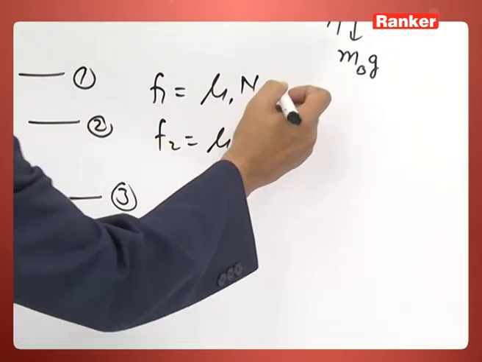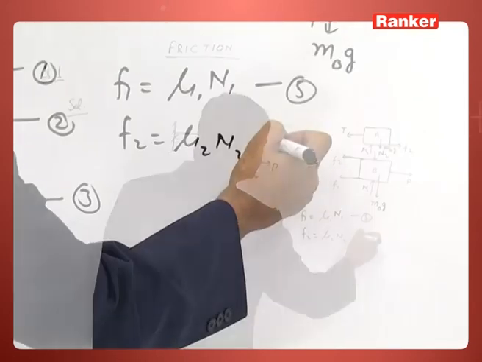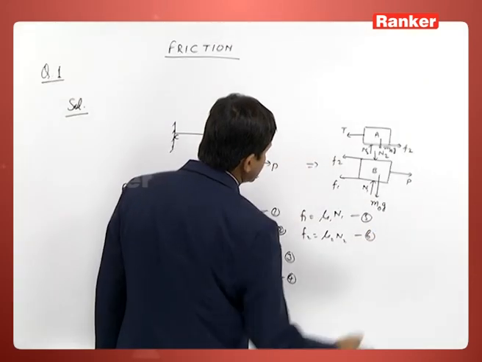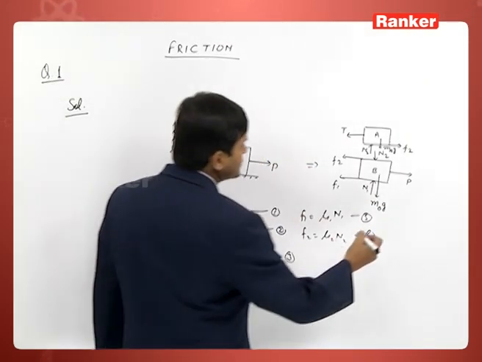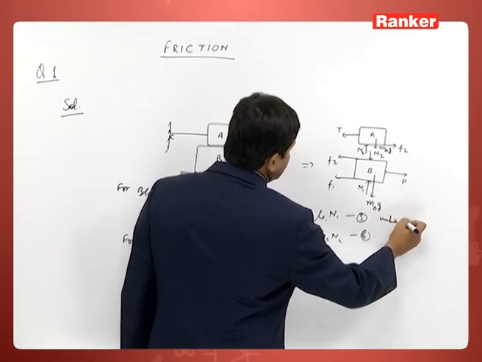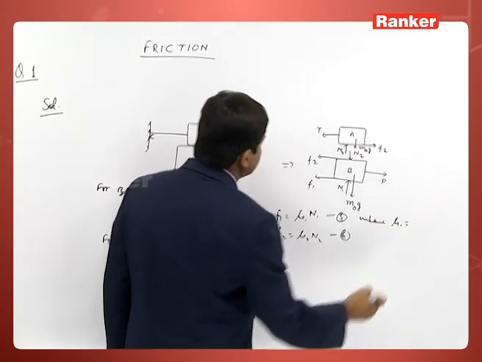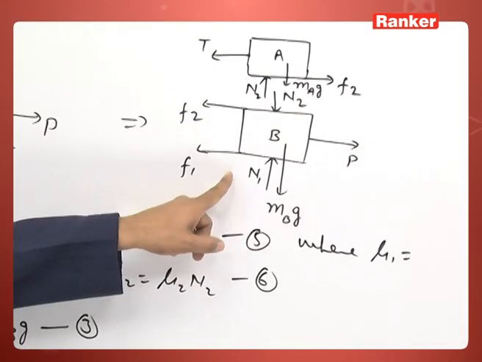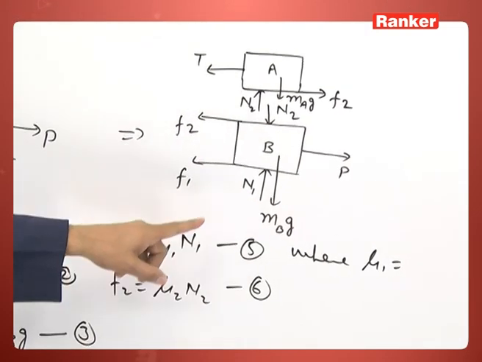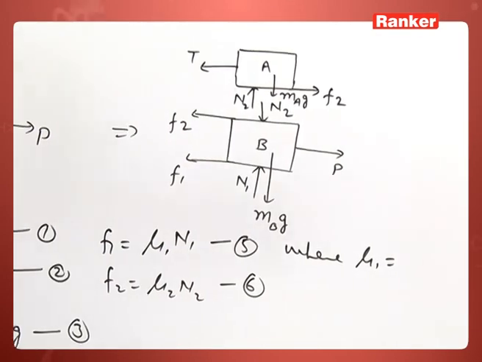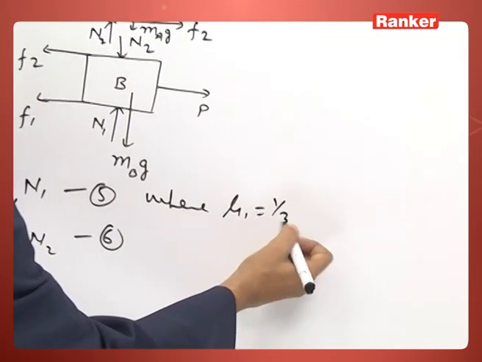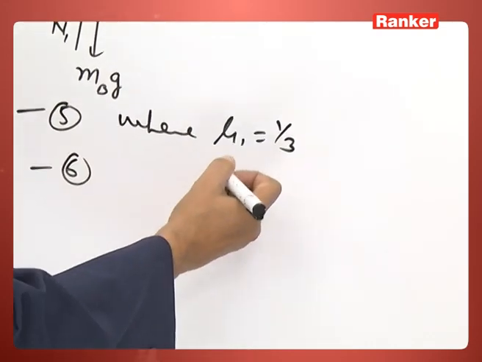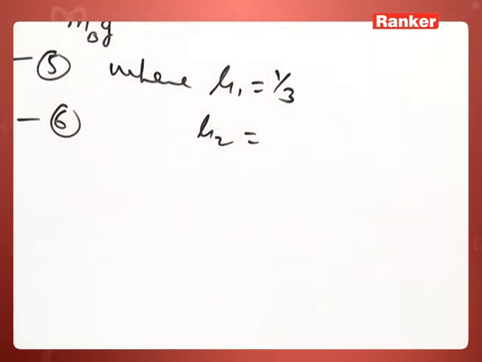So this is equation number 5, and this is equation number 6, where mu 1 is the friction coefficient between the block B and the ground. Between the block B and the ground, the mu 1 value is given here as 1 by 3, and mu 2 is the